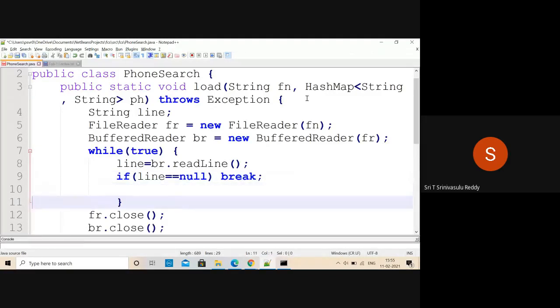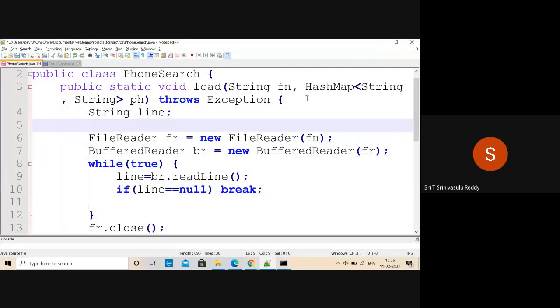If it is the end of the file, then definitely it is always there, no issue. Otherwise, there is data. Now you have to split that line and get into that, right? So what we can do is, we require a string array variable. Let us declare that.